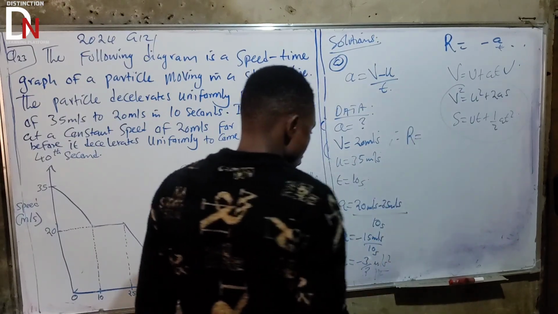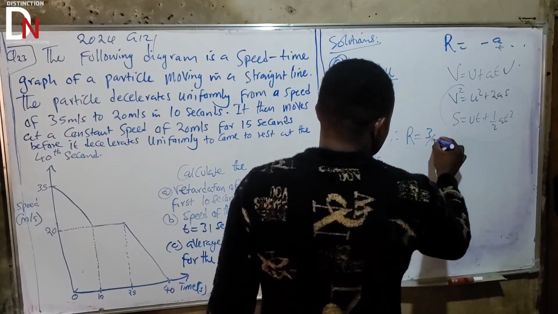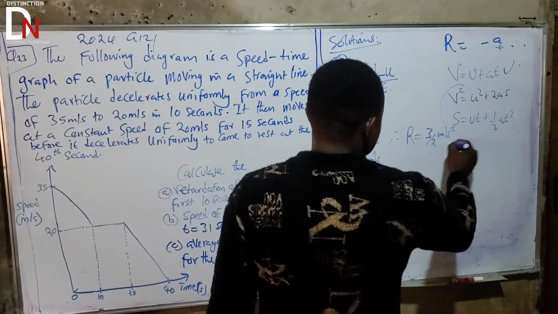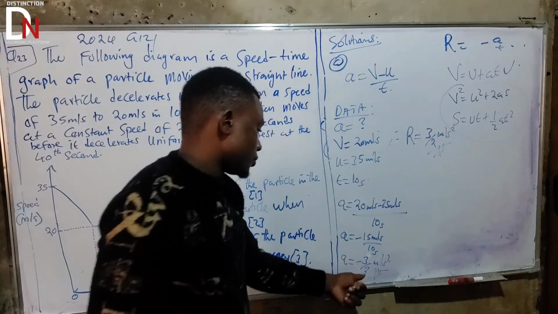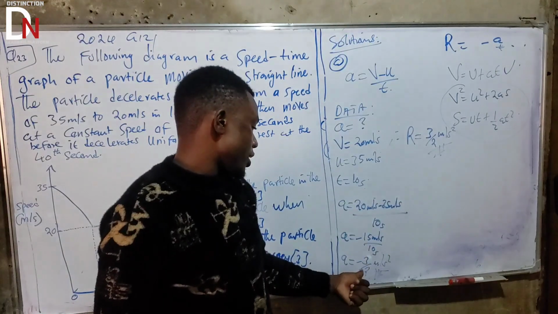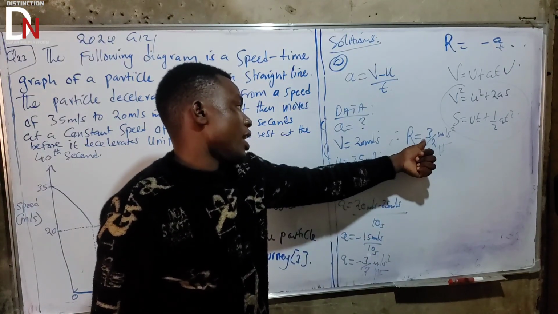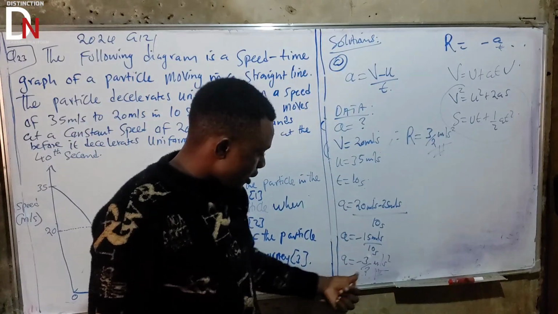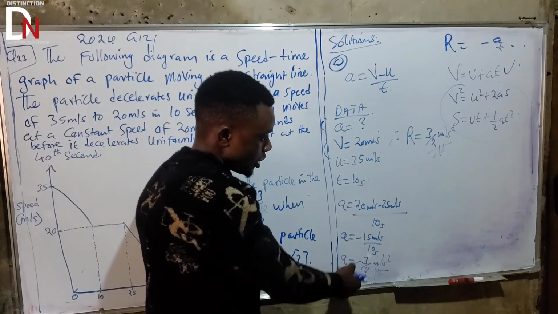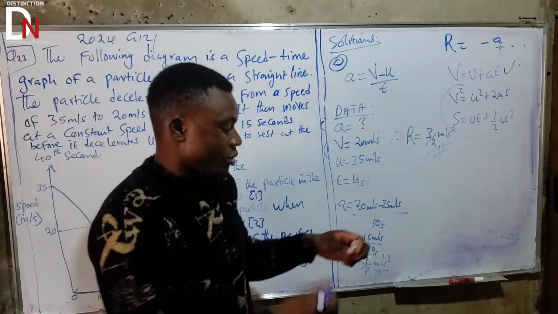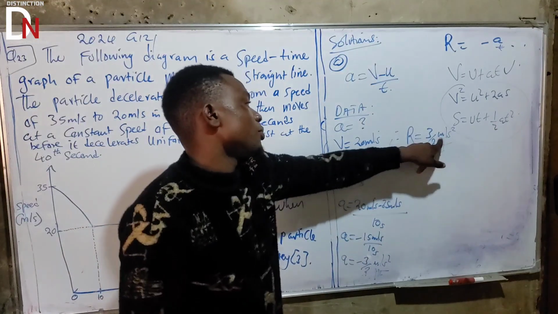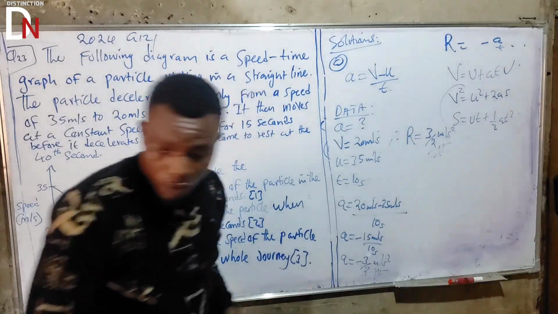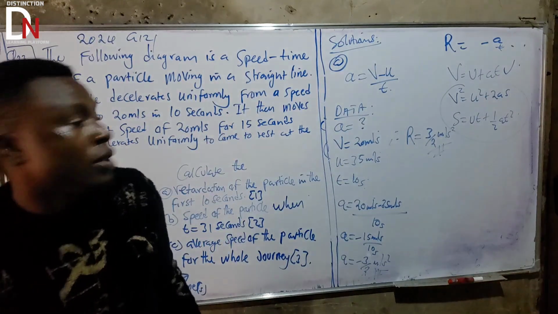retardation is equal to 3 over 2 meters per second squared. Note that this negative sign doesn't belong to retardation. It implies negative acceleration. Acceleration is negative because it was decelerating. Hence, the final answer is 3 over 2 meters per second squared. Great. Let us look at the second